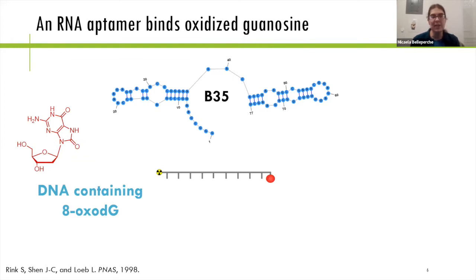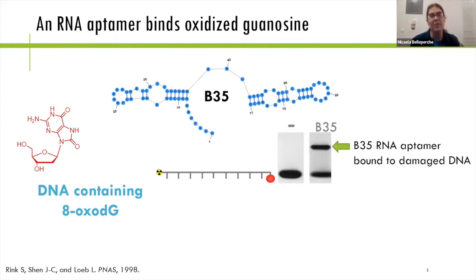But once the selection was complete, affinity testing was done with strands of DNA containing oxidized guanosine. And as you can see from the EMSA assay, they found